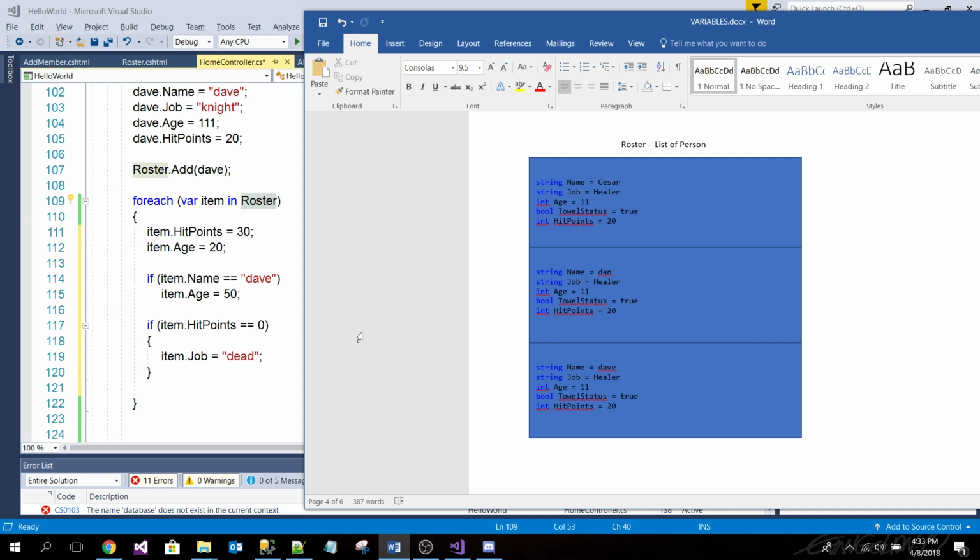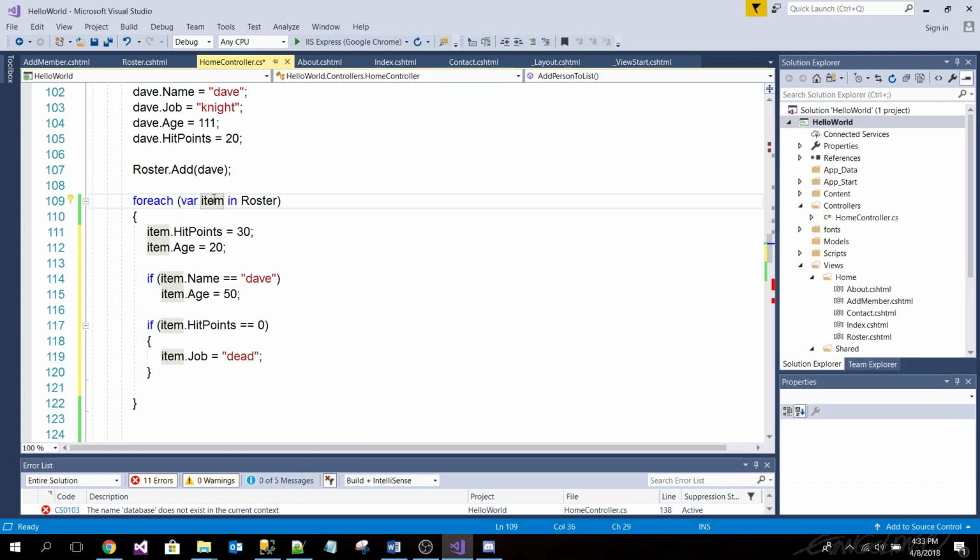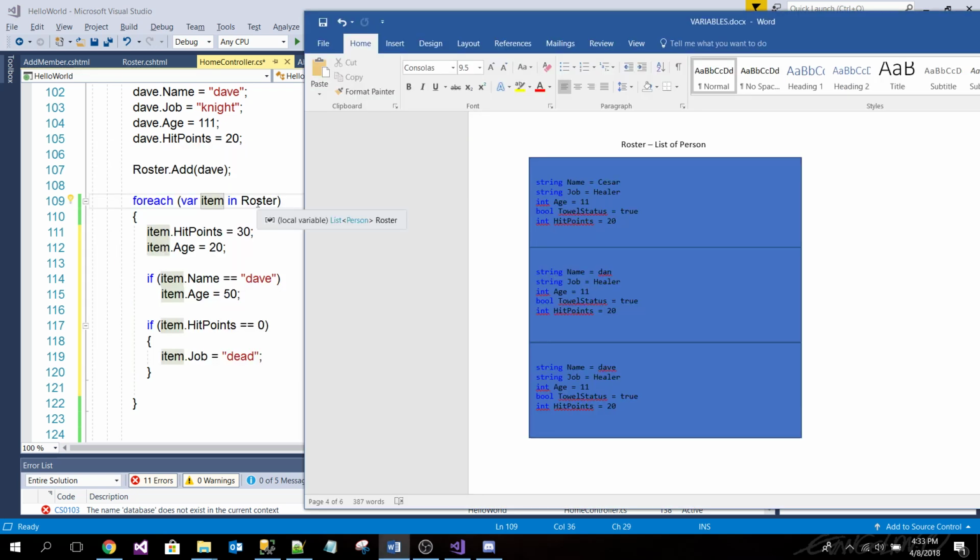So it says for each. The way it's going to do it is, remember, the machine reads things line by line. So it's going to go, okay, item. I got an item here. I mean, I have a collection.